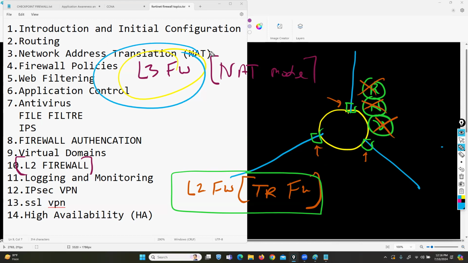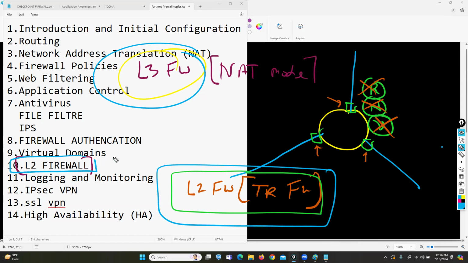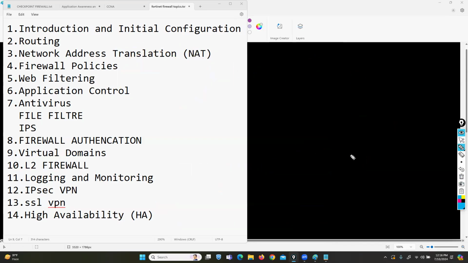So what is the scenario in which we can use our complete box as a layer 2 firewall device? Yes, we can discuss layer 2 firewall implementation. Now, the next topic will focus on logging and monitoring, and this is an important and interesting topic